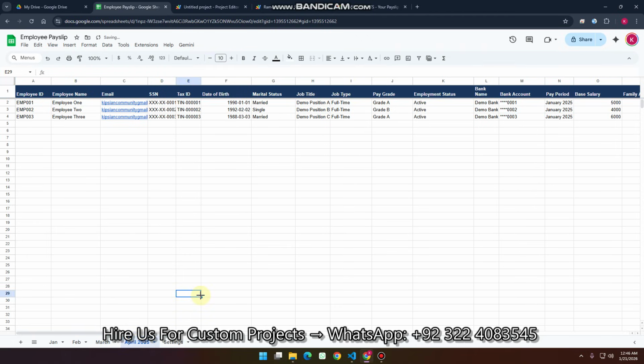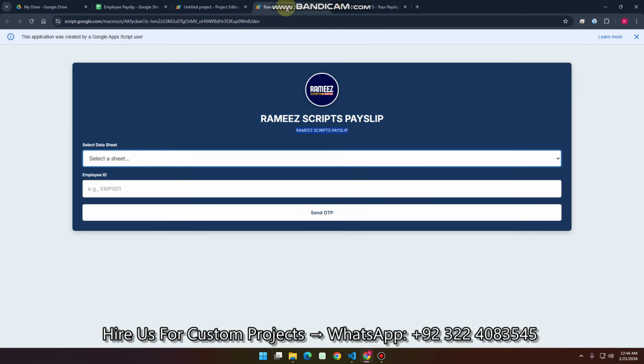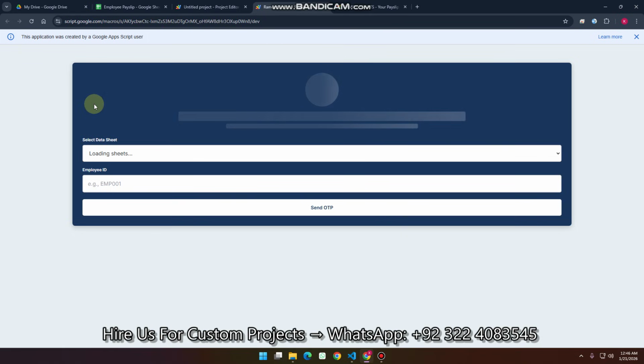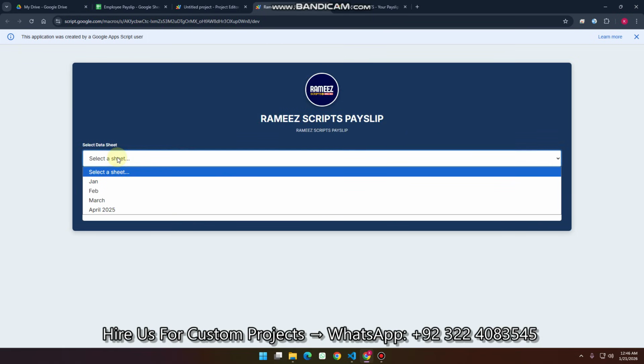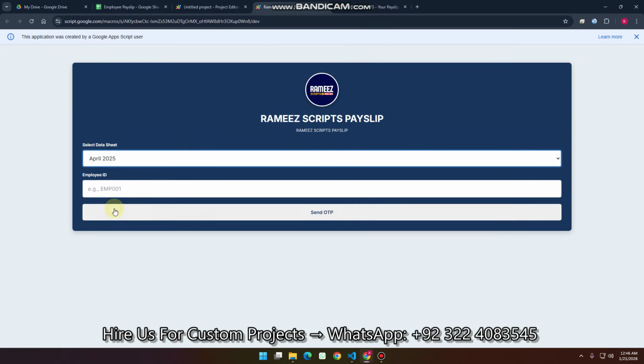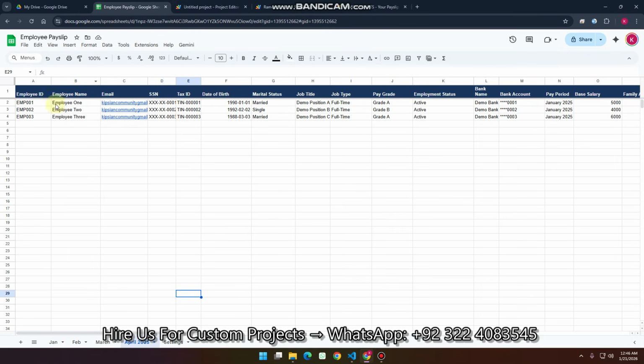So you can also align them, 2025, 2026, 2027, as per your needs, whatever you want to give in the name. After that you need to refresh your web application, and you will see those new edit sheets, those new duplicate sheets, in the drop down. So this is April 2025,